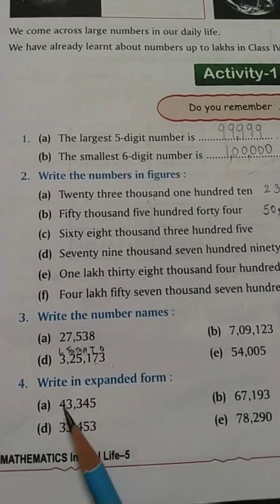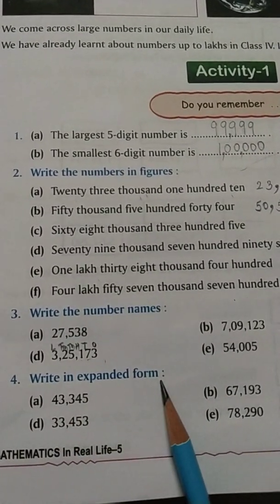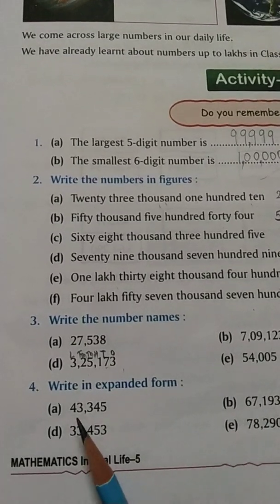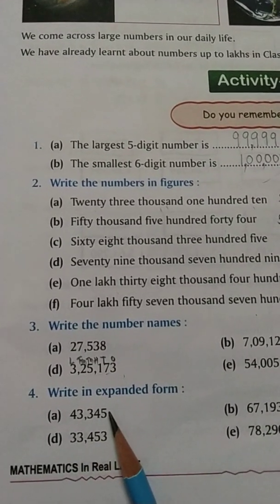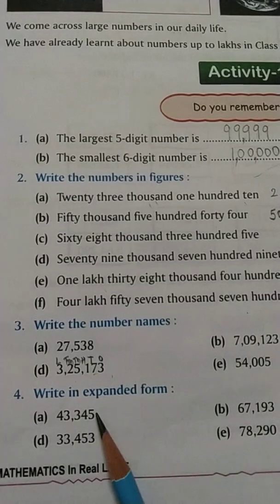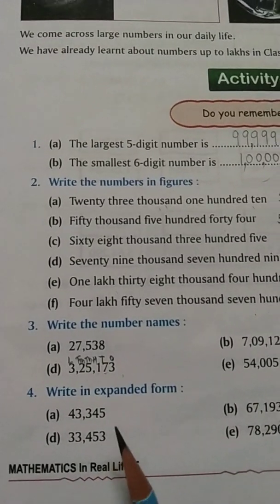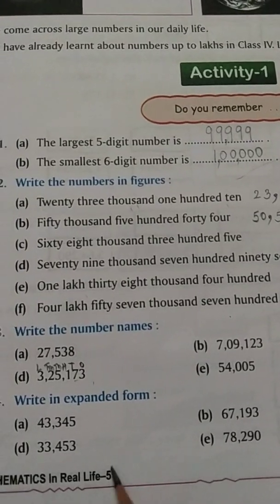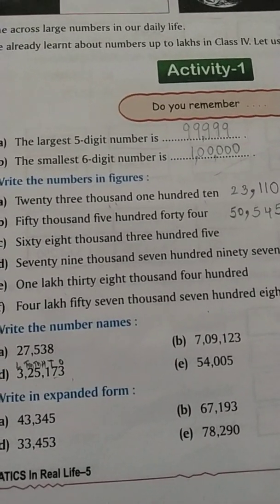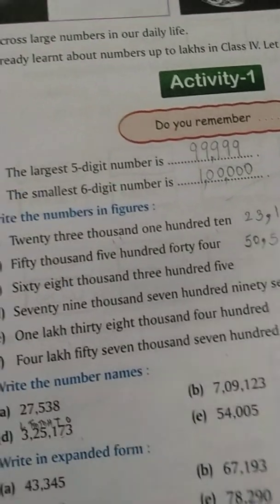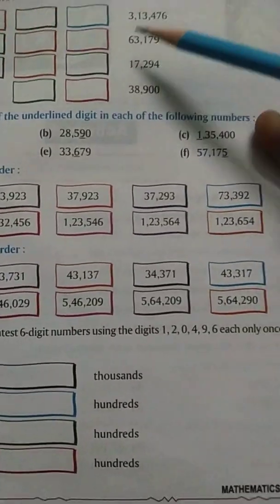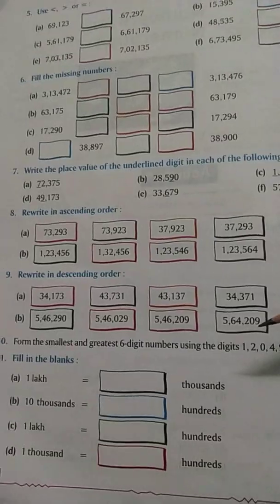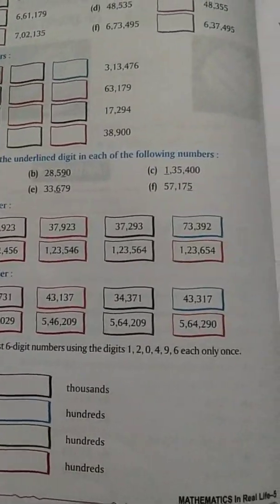Right? Then write in expanded form. How do we write in expanded form? We write the place value of each digit by putting a plus sign in between. We'll understand this topic in the chapter because these questions are again in the chapter, so I'll explain it again. This whole activity is just to recall what you have done in class 4. Now come to